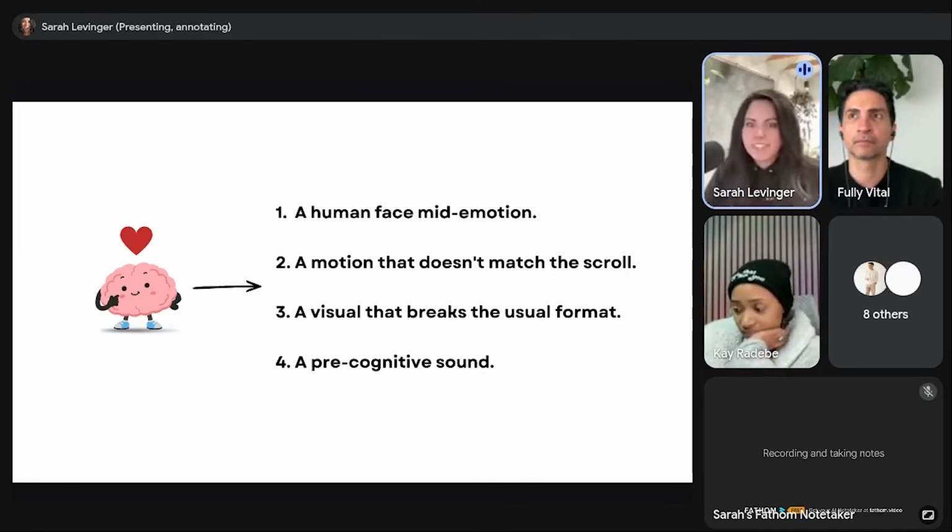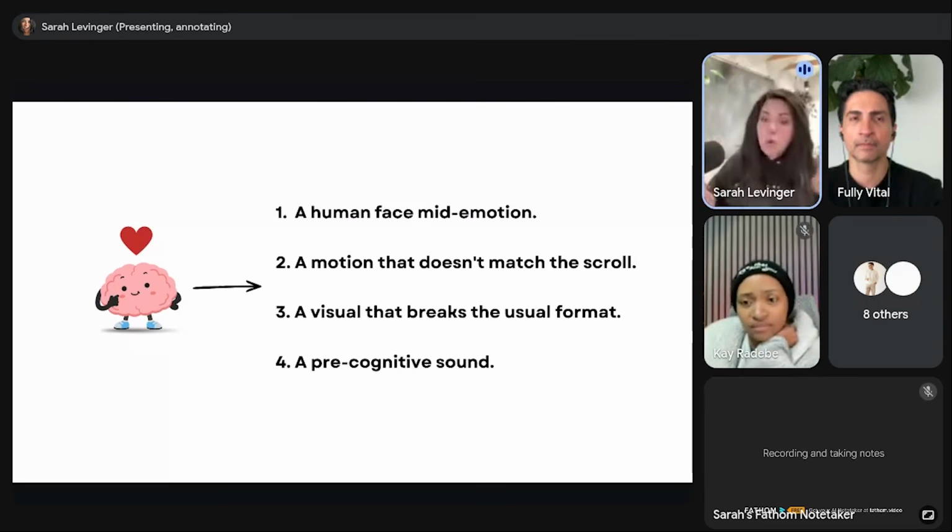Okay, and last one on here, some sort of precognitive sound. I have a really good example of this from an ad, and I wish to God I would have saved it when I was working with this company, but I didn't. I used to work with Lust Brands, who does curly hair care. They had one ad that had run for 4 years straight. Every single year they ran it on Black Friday because it just printed money. And I hate that phrase, but it did. This particular ad, and I think I've talked about it before actually in here, sounded like it was a phone conversation between the CMO and her creative strategist, where the CMO was acting surprised.